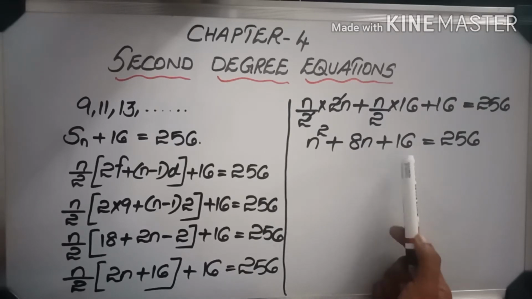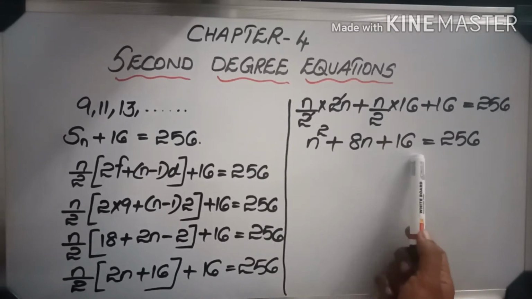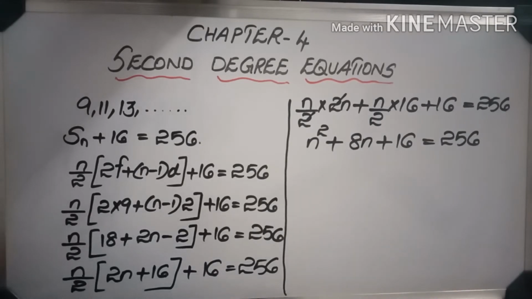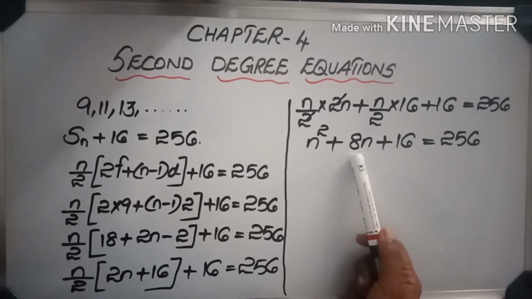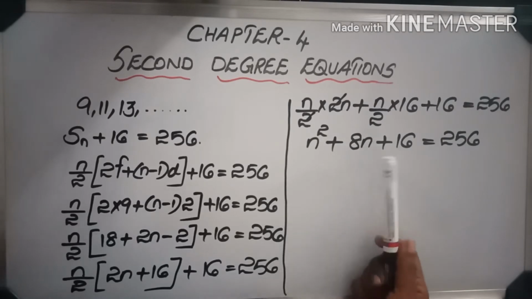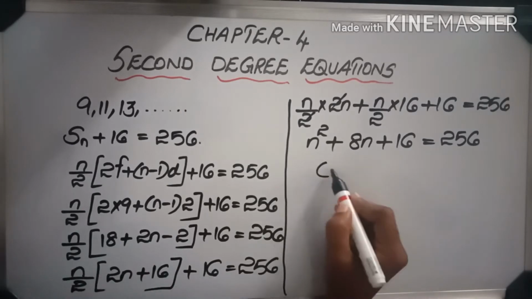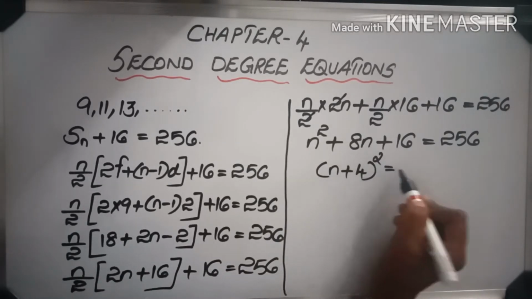16. Okay. So how we will find? I explain that method. Product must be what? 16. And when we add the same number, we must get the number as 8. So what will be the number? Root 16 is what? 4 is the root 16. Now 4 into 4, 16. 4 plus 4 is 8. Okay. So 4 is the number here. So here we can write it as n plus 4 whole square equal to